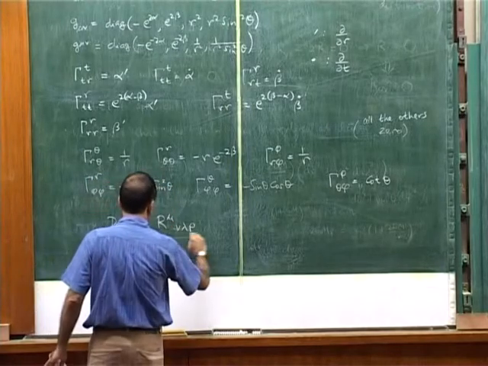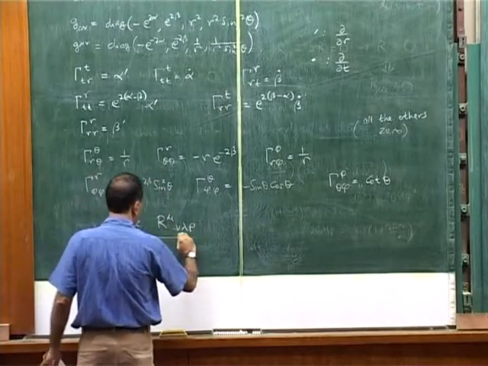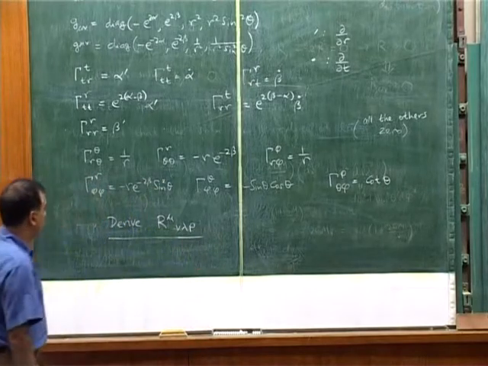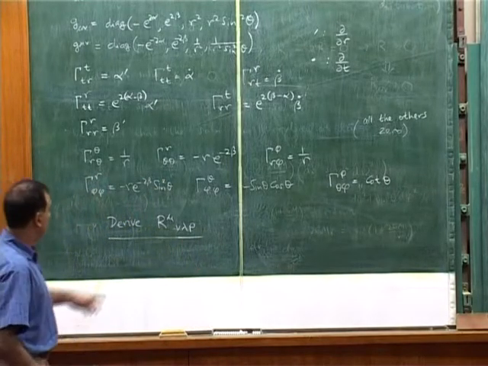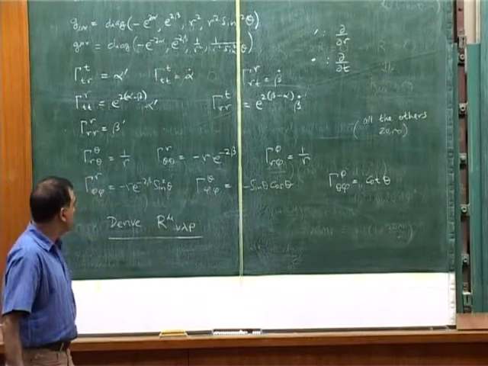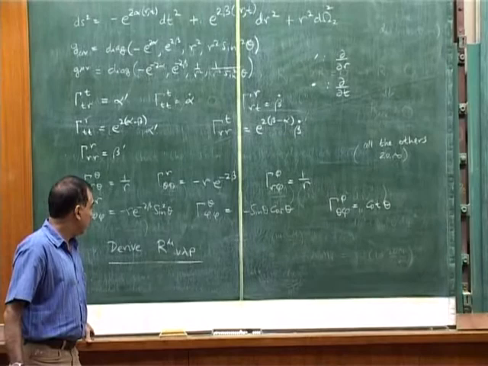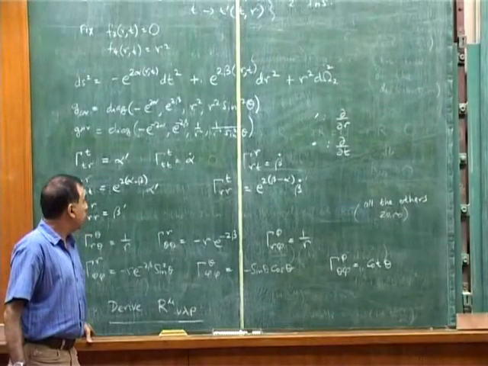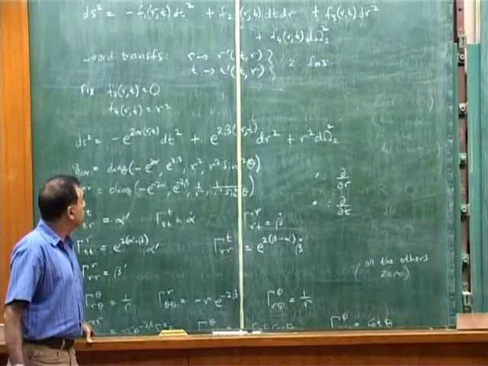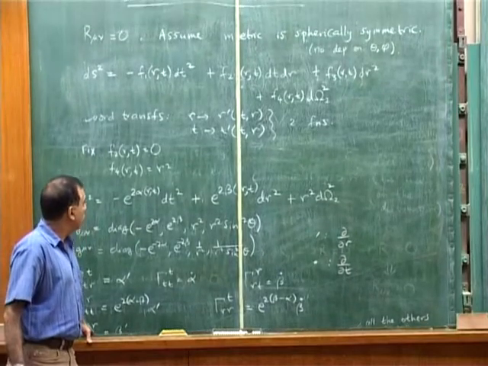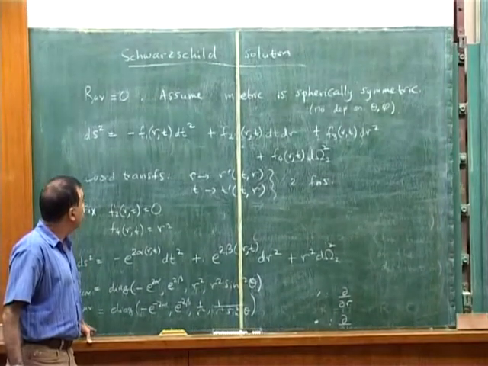So the next step is to derive R. So this also has a number of components, but turns out actually the number of independent R's is less than the number of gammas. So it's actually easier to write down at the end. So let me write down the number of all the non-vanishing R's for you.